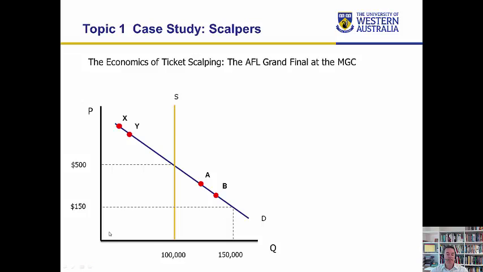At the same time, they do need to set some reasonable price that covers their costs, but the price isn't too high. Next reason is that by setting a price of $150, they're guaranteed to sell out the event. If they started playing around with a price of close to $500, they might get it wrong, and they might actually set a price which is above equilibrium accidentally, because they don't know where equilibrium is in reality.